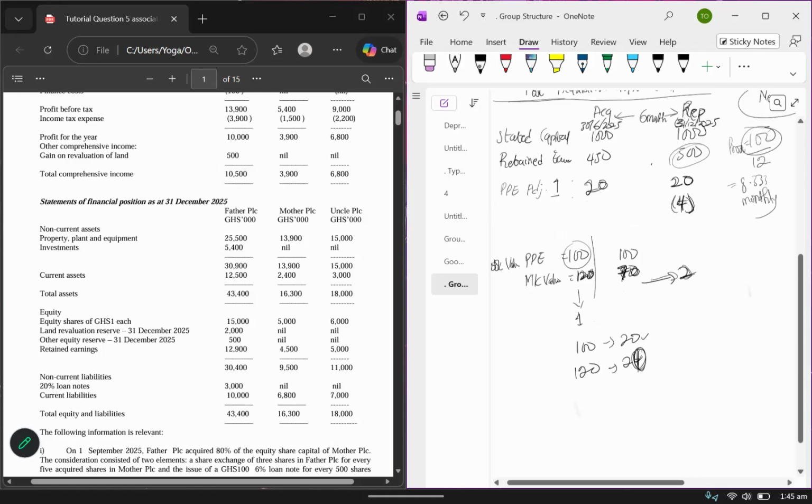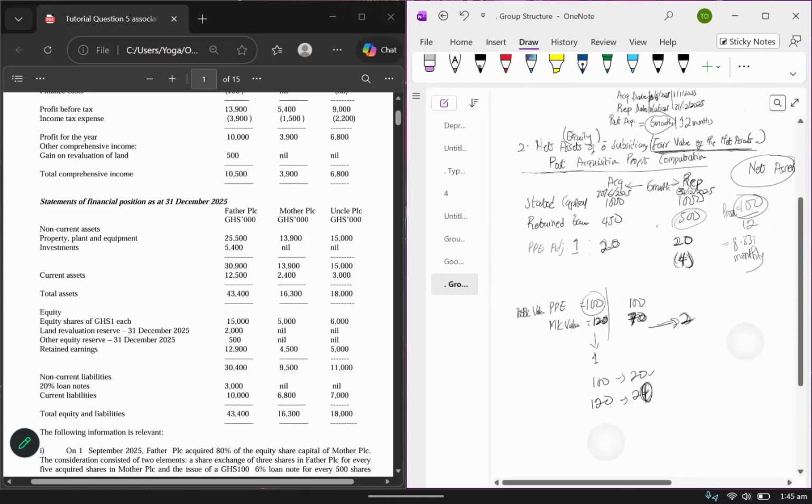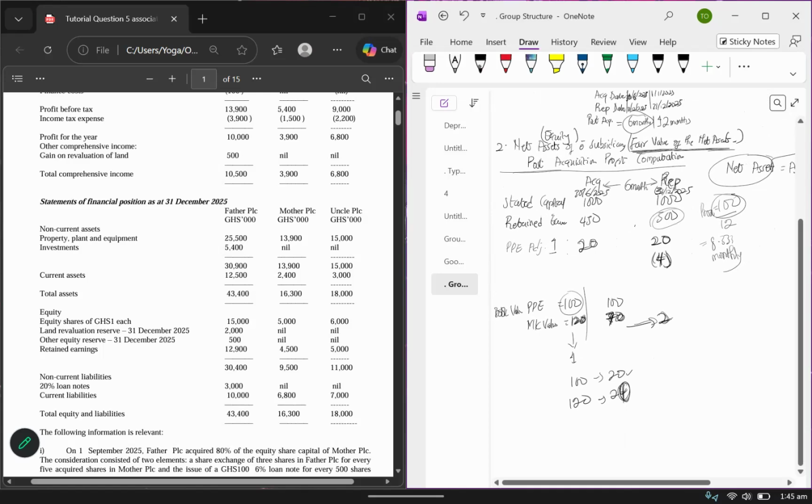Okay, depending on the post-acquisition period. If the acquisition period is for a whole 12 months, you bring the whole depreciation here. If it's for 6 months, in this case, you have to multiply it by 6 out of 12, sorry, to get a depreciation. Okay, so now you realize that